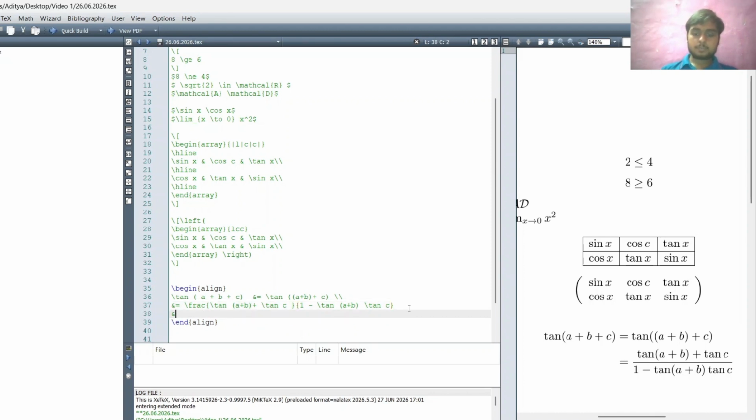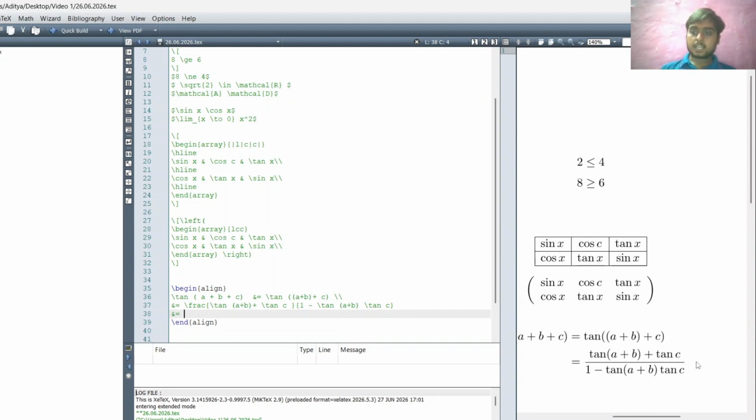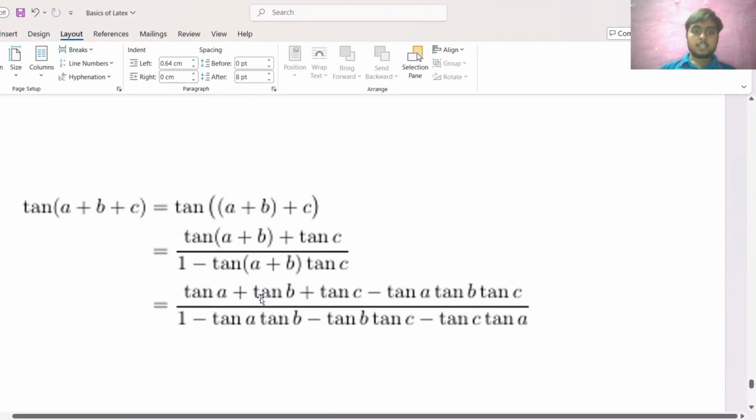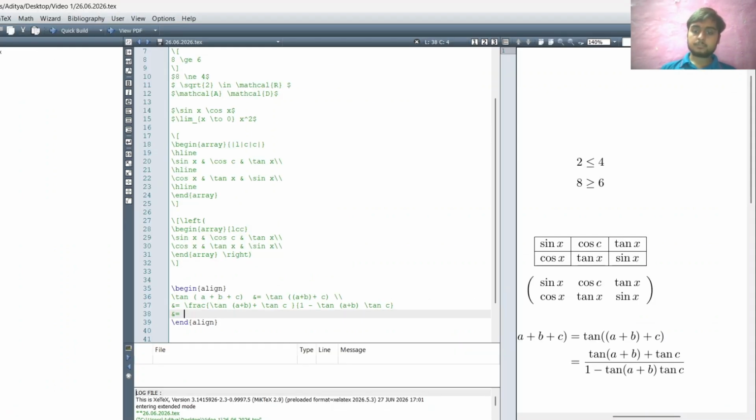Then I have and equal to, then I open tan a plus b and tan a plus b here. What we'll get? Tan a plus tan b plus tan c minus tan a tan b tan c in the numerator. So we simply will use the frac command.